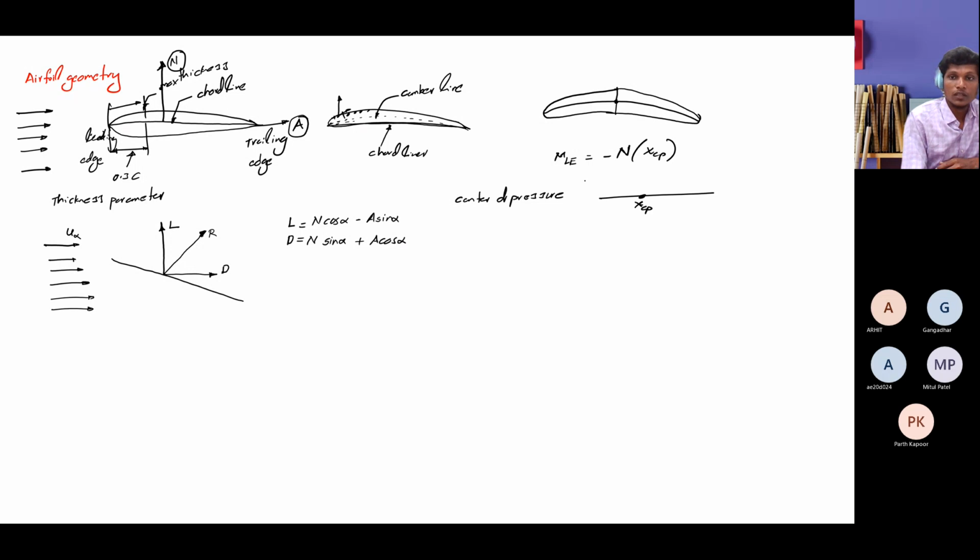Okay, suppose this is how my resultant force is acting; that location is called the center of pressure. If the resultant force is acting here, it means the moments at this point are zero. You must keep in mind these things for your entire course, later on also, for better visualization of what is happening in aerodynamics. Moments at CP are equal to zero, and the resultant force acts here.